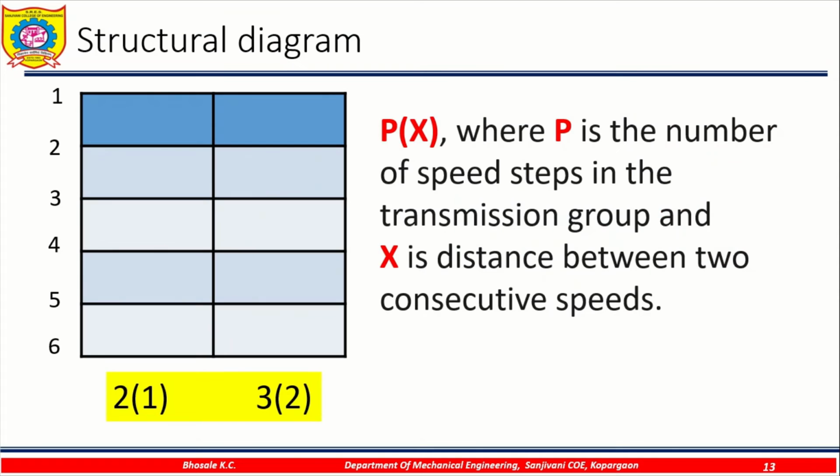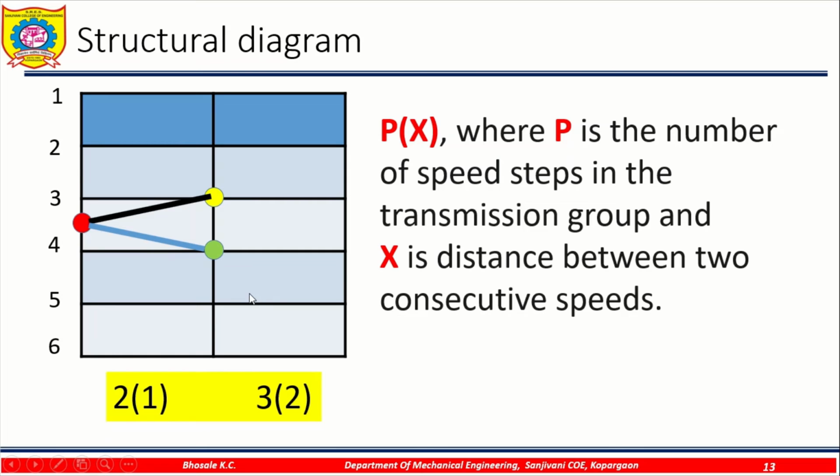Suppose that z equal to 6. So vertical lines are 3 because there is only a two stage gearbox, but the lines will be 6 because 6 different spindle speeds are there. So find the midpoint on the first line. Then there are two nodes with a distance of 1. So find out with the symmetrical, because this is a symmetrical diagram. So plot the two node points with a distance of 1 and then join with the rays.